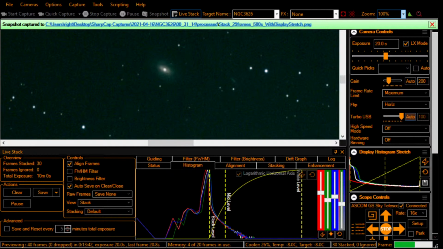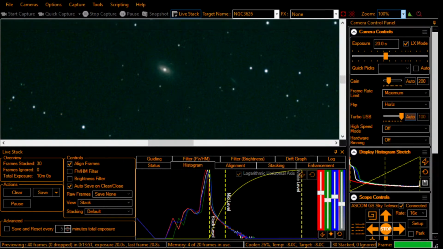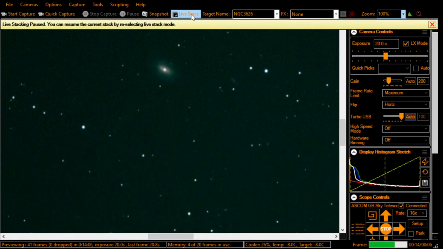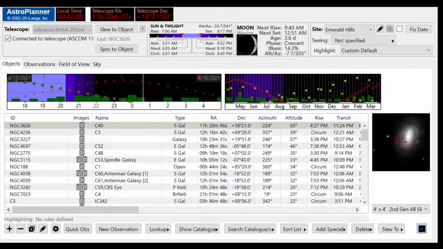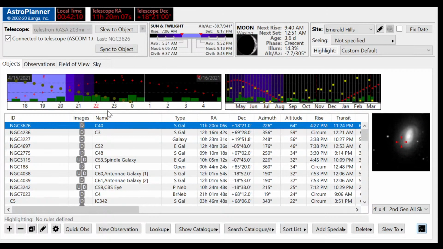And this is NGC 3626, 2021, 0416. Let's stop live stacking, go back to our targeting and logging software,